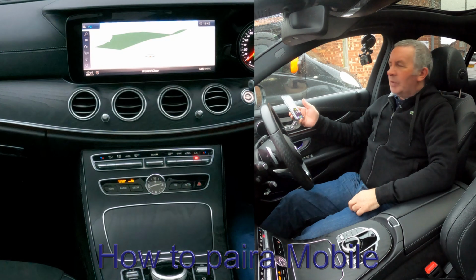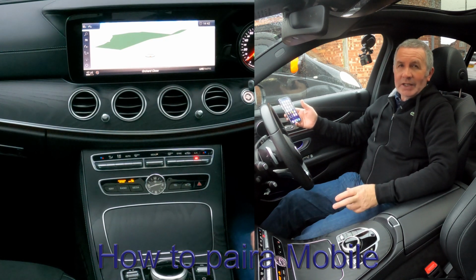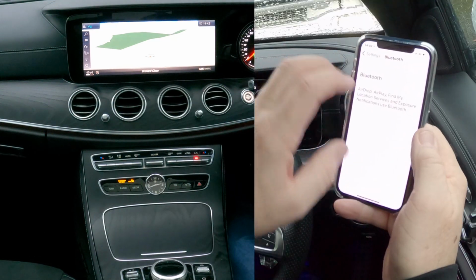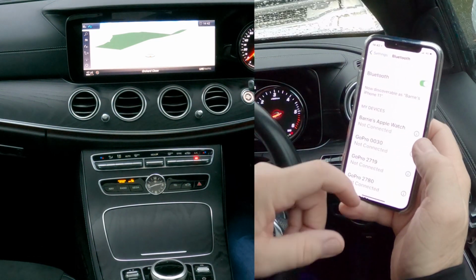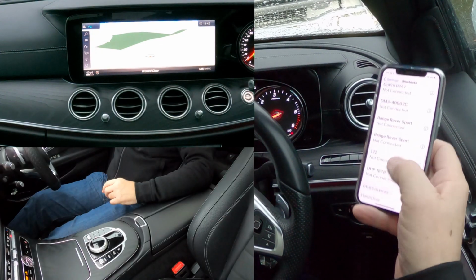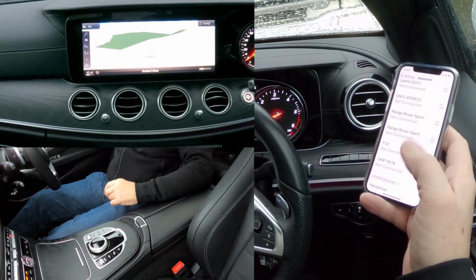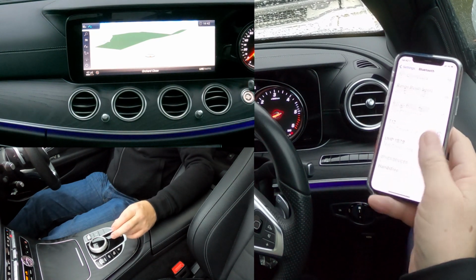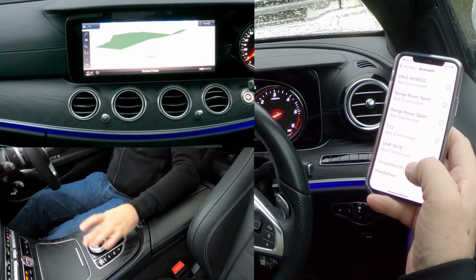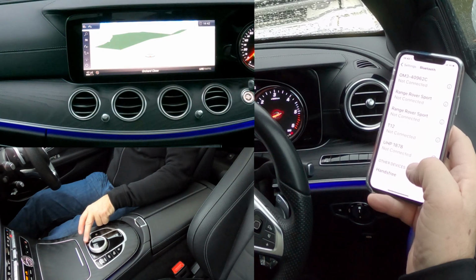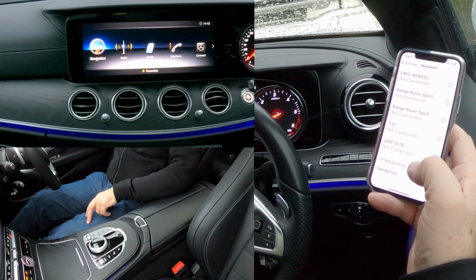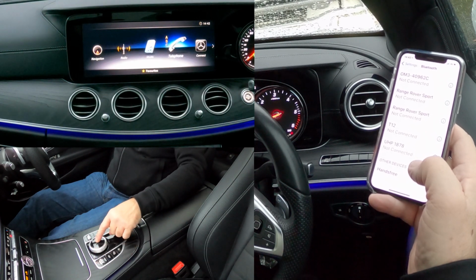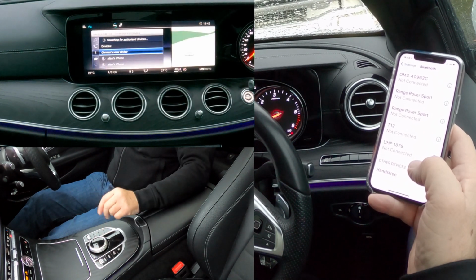Okay, I'll just show you how to pair a mobile to the Bluetooth audio device in this 2019 Mercedes-Benz E-Class. So first of all, we make sure that Bluetooth is on, like so, and then we're watching out at the bottom. As you can see, I've got rather a lot of things, accessories and cars connected to mine, but we're watching out at the bottom. Then we go over here and we go to the menu button, the home button. So click on home. Then using the rotary control along to telephone, click the rotary control to select telephone,